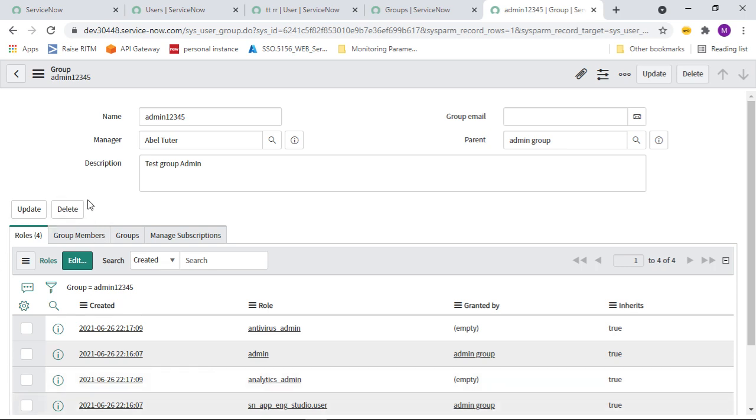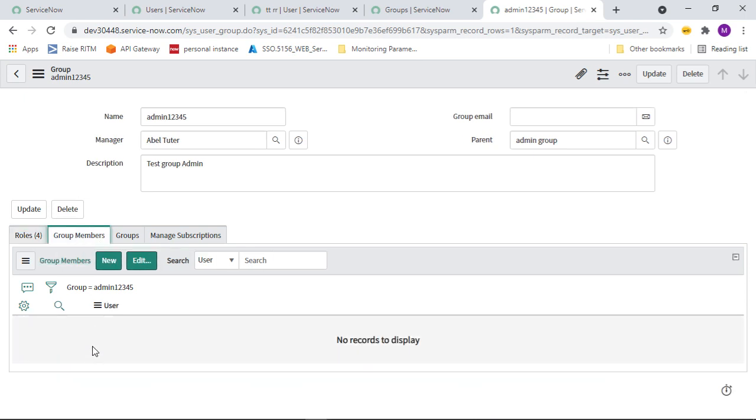Alright, so that is how we can add roles to a particular group, and here you can go to the other section called group members. You can see the group members section. If you want to edit the existing group members, you can click on edit. If you want to create a new user, you can create a new user directly through the user table. You can add that member into this group, correct?